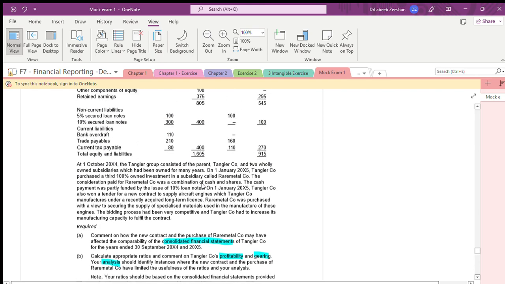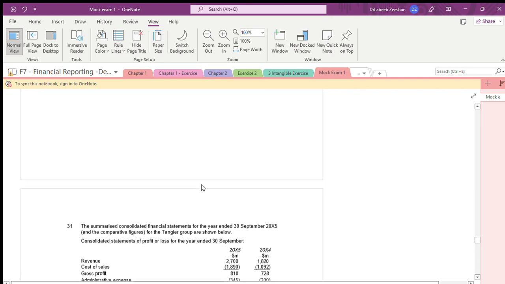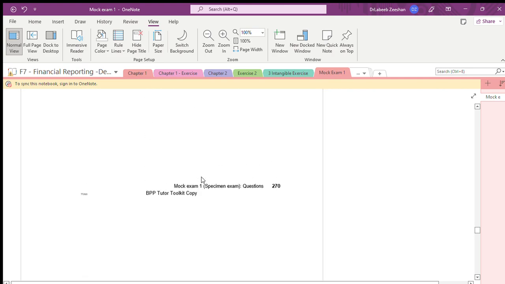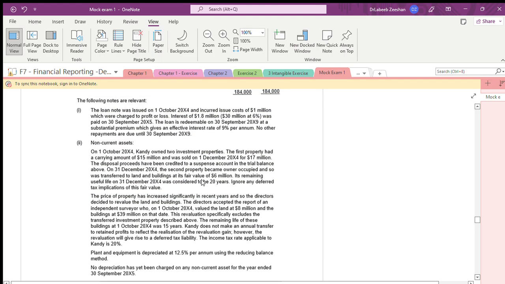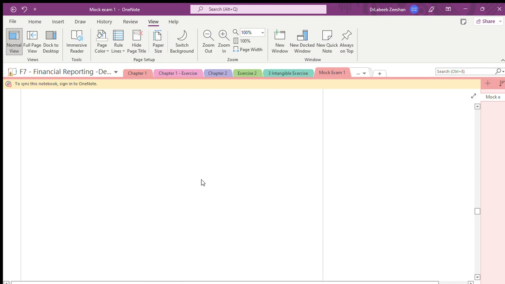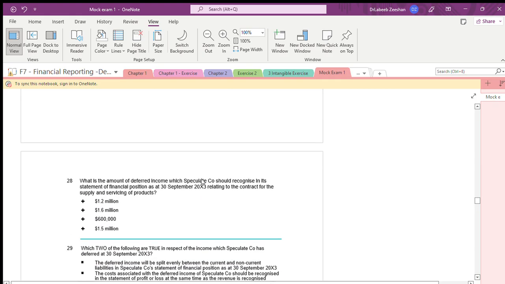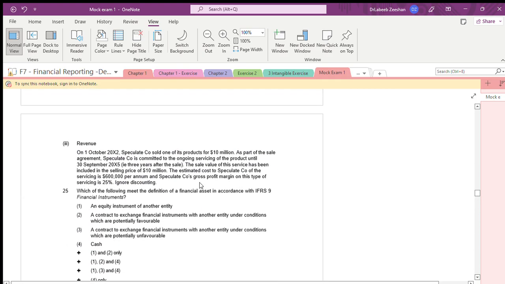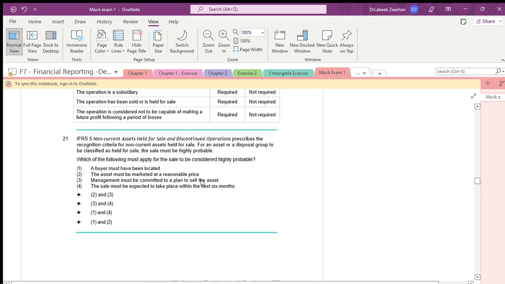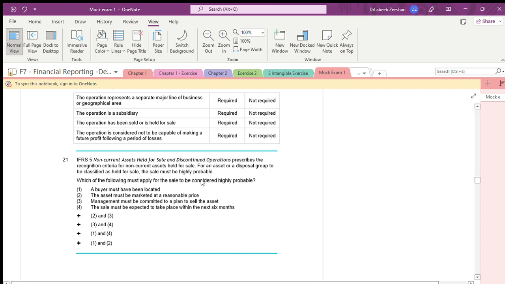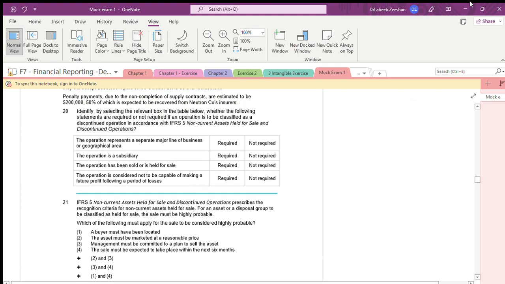Other things we don't have any issue with, because we have done them repeatedly and we know the concepts. That is the reason we are working very smoothly. Only in ratio analysis did we get stuck, because we have not done it. That is the reason. Even if I explain now, I cannot